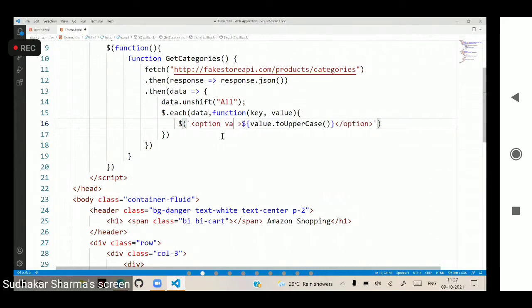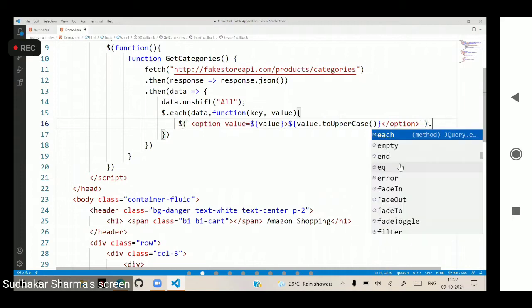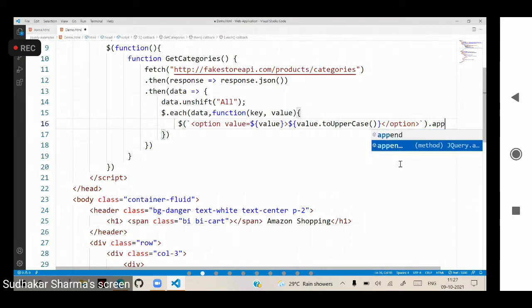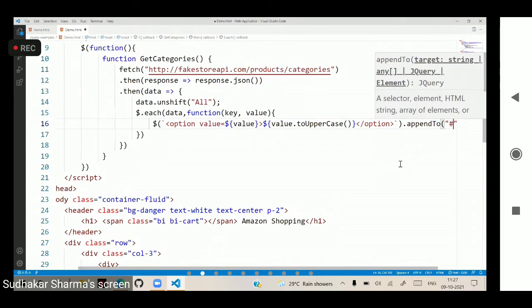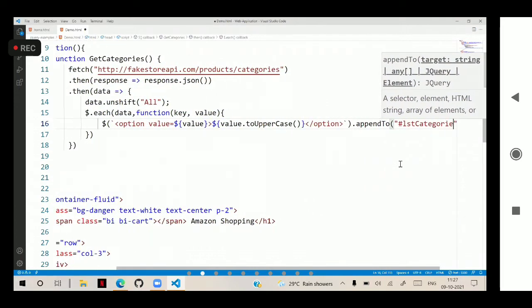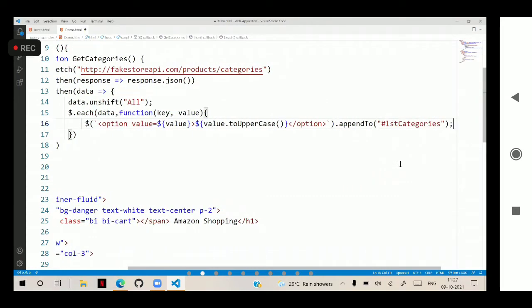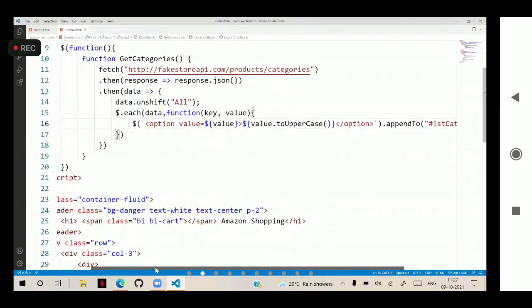Whatever the value is, we put that value directly. When the option is submitted, that value will come. This is the option we have to append to which element? #lstCategories, the drop down. Append to lstCategories means it will add to the drop down.